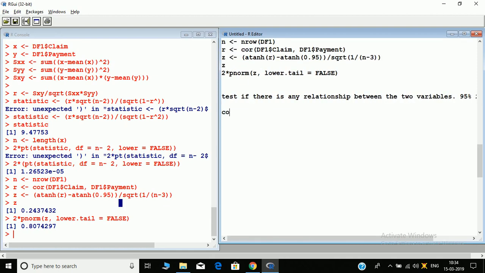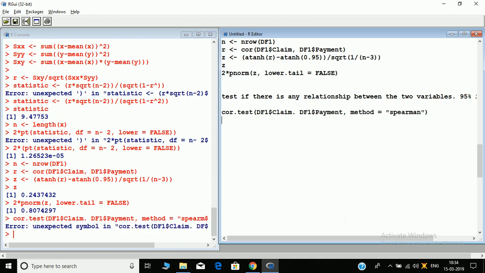How did we do? Core dot test, DF1 dollar claim, comma DF1 dollar payment, and then we write method equals to Spearman. So it will test the Spearman correlation coefficient.